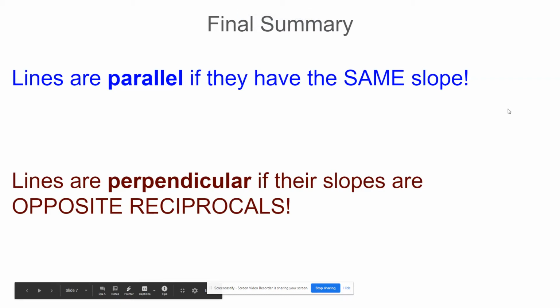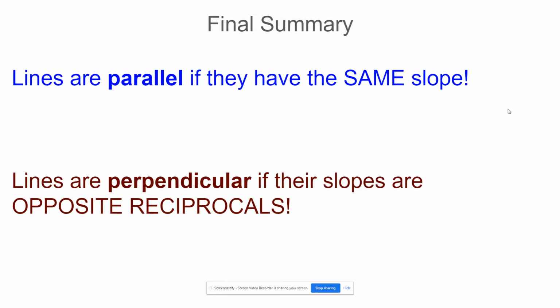In this video, we are going to be determining whether lines are parallel or perpendicular. To do this, first you need to remember that lines are parallel if they have the same slope. And we also need to know that lines are perpendicular if their slopes are opposite reciprocals. So remember, opposite reciprocals means one is a positive slope and one is a negative slope, and they are flips